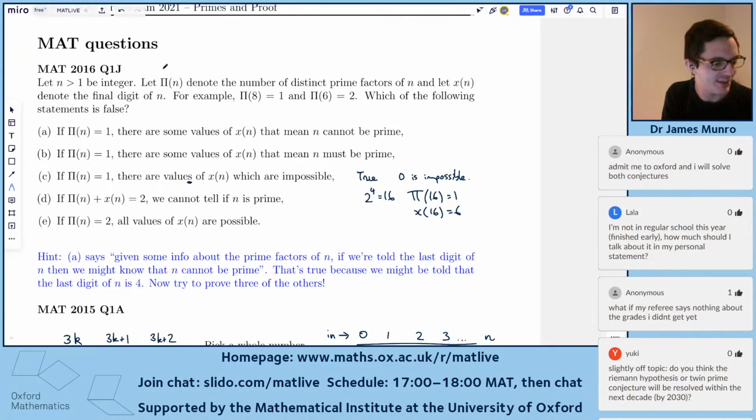Let's wrap it up here. Someone has put the bold claim in chat. Admit me to Oxford, and I will solve both conjectures, not just one. They will solve both conjectures. Right, okay, thank you, chat. I'm going to wrap up